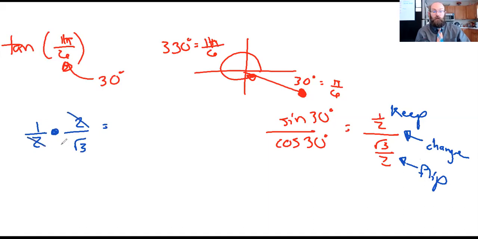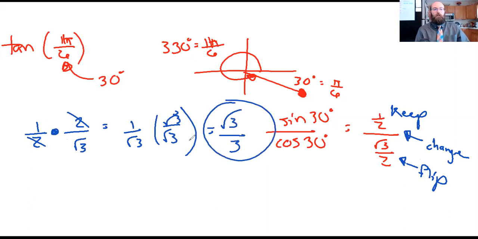So I kept, I changed, I flipped. I cross reduce because I'm cool like that. 1 over square root of 3. But we have to rationalize because some person said it was worthwhile. I don't know. So tangent of 11 pi over 6 is square root of 3 over 3. But we did not check to see if it's going to be positive or negative. So in this location, right,